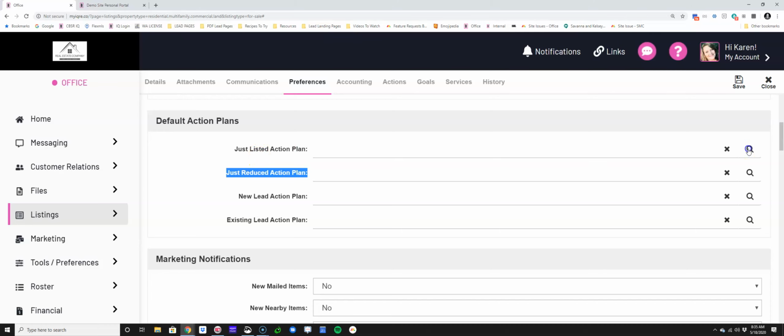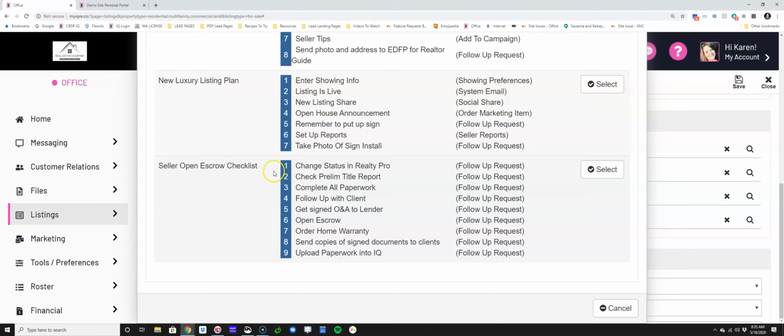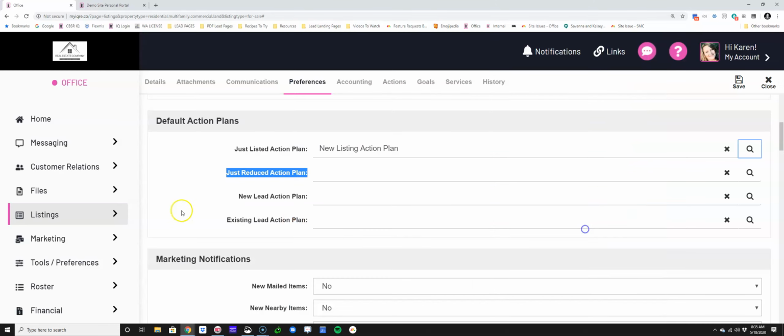I can actually search for my action plan here. I can say, hey, I would like to add my new listing action plan. And now for every listing that comes into the software, every listing I take that I put into MLS, this action plan is going to automatically populate